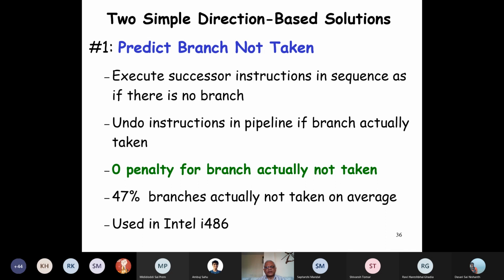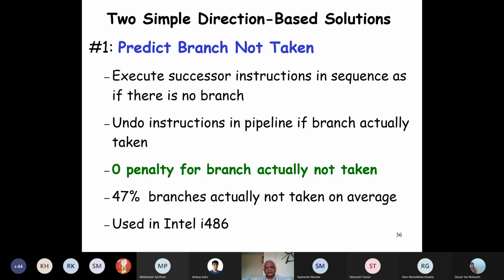But then the question is, why not use the branch taken rule? Why use the branch not taken? And see here, the Intel i486 actually used this predictor, the static predictor. This was sometime in the 90s. The i486 processor was there, and that used this, I think 95 or whatever. I don't remember the exact year, but somewhere around that. The Intel i486 used the branch not taken approach.